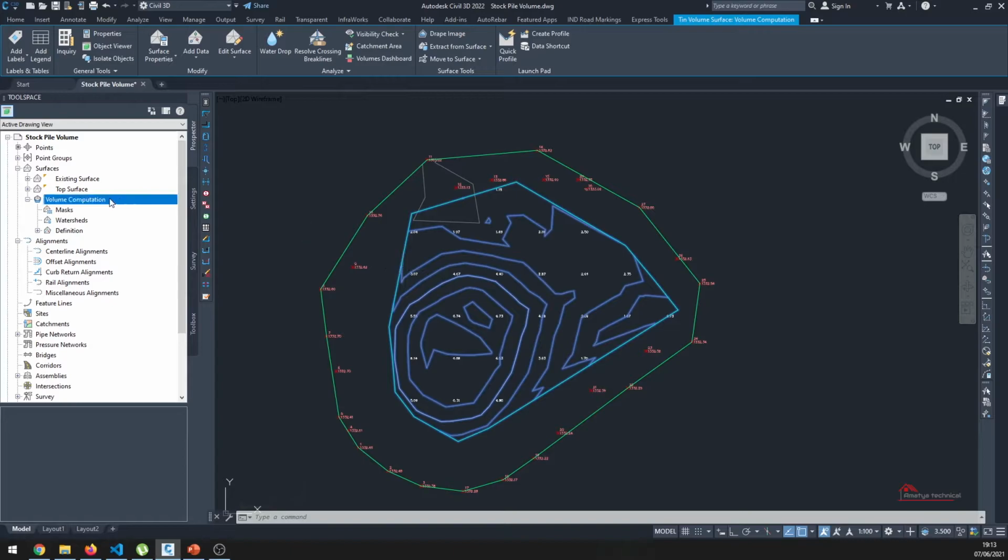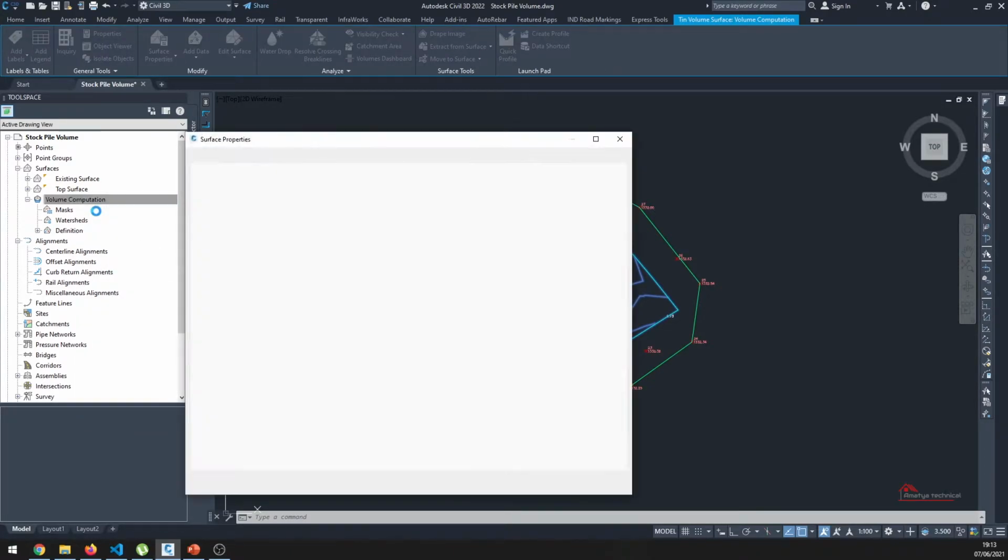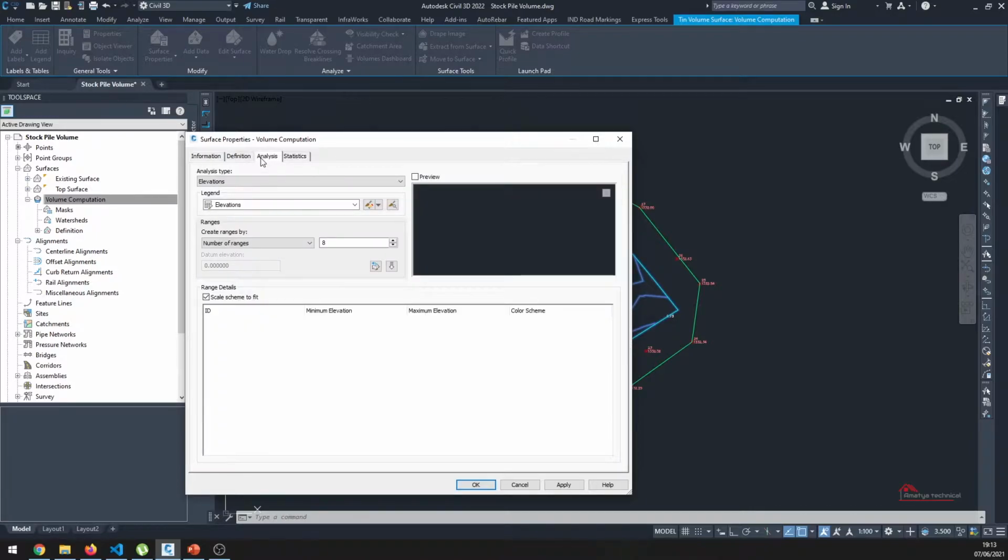The next thing I'm going to do is click on the surface properties of the volume computation. I'm going to click on the Analysis tab. Here I'm going to set the analysis type as elevations, and for the number of ranges I'm going to let it be 8. I'm going to click this down arrow, and you can see our legend has been created based on the elevation.